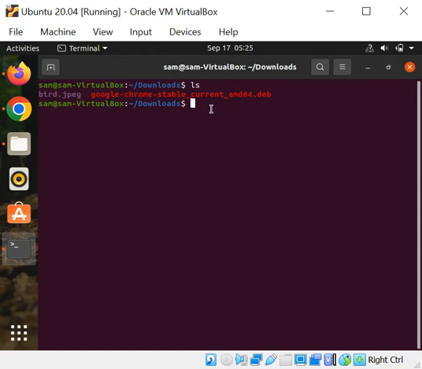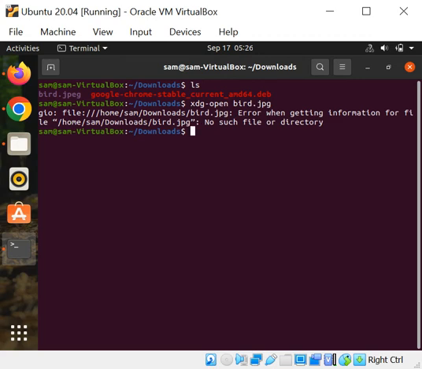So for us to open a file we use a command to open a file. It is a very simple thing. So I will open this bed.jpg. So the command to open a file is xdg-open. So that will tell it that it's going to open a file. So you put the name of the file and the extension. The name of the file is bed, then dot jpg. So once you press enter,